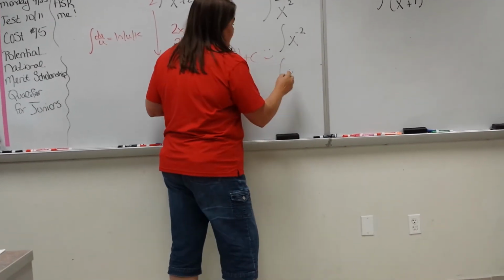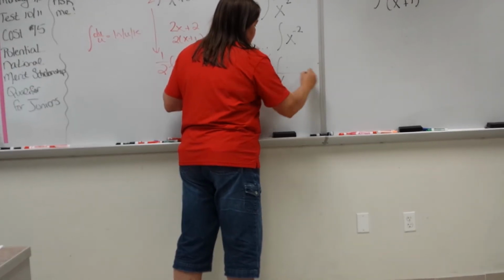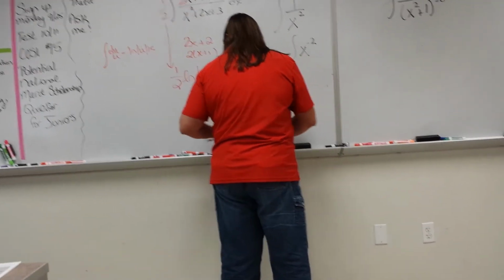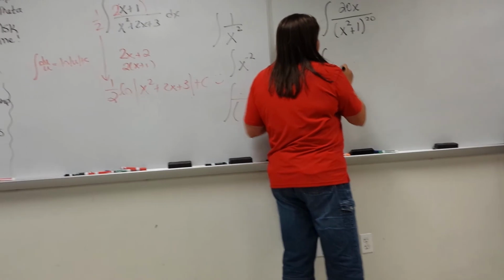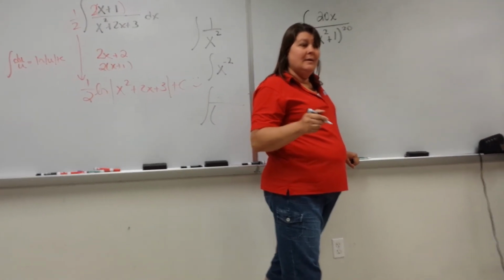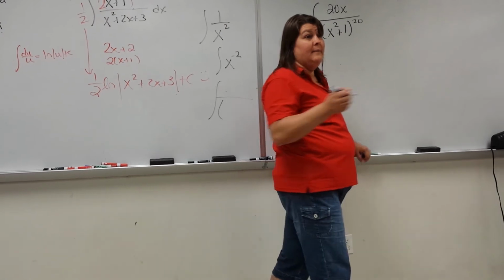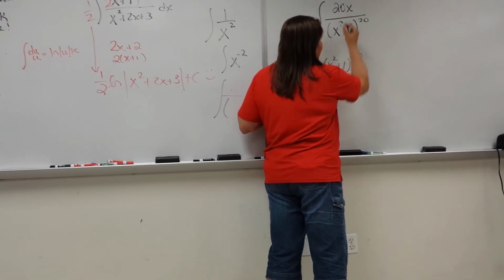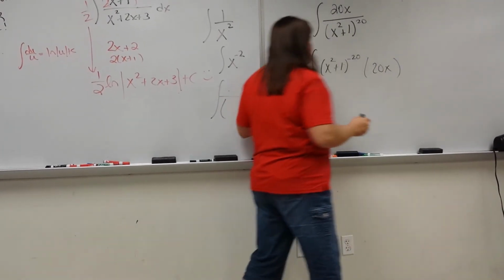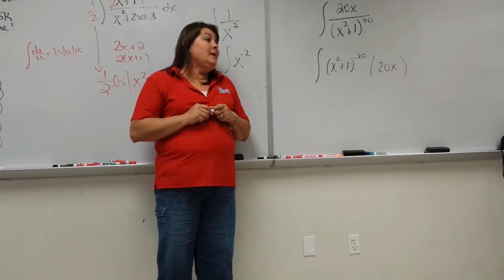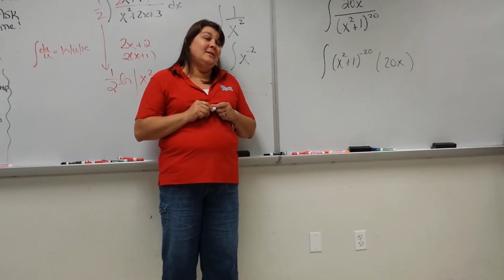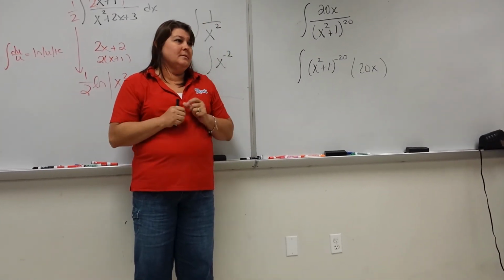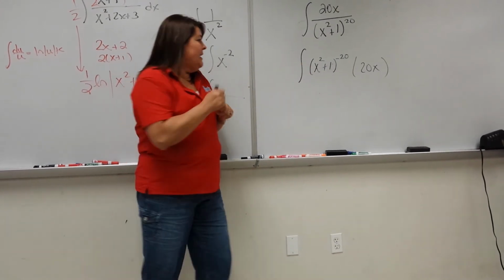How would you approach this problem? Very easily. Shoving x squared plus 1 to the 20th up to the top. Okay, let's do it then. So if I shove it up to the top, what do I have? x squared plus 1 to the negative 20th, right? And then I'm going to put the 20x right beside it. Do I have a du over u situation? No, absolutely not. I got issues because I have the 20th power. And then we reverse chain rule. It's a form of u substitution. What's enclosed? The x squared plus 1, times 20. So if this is called my u,